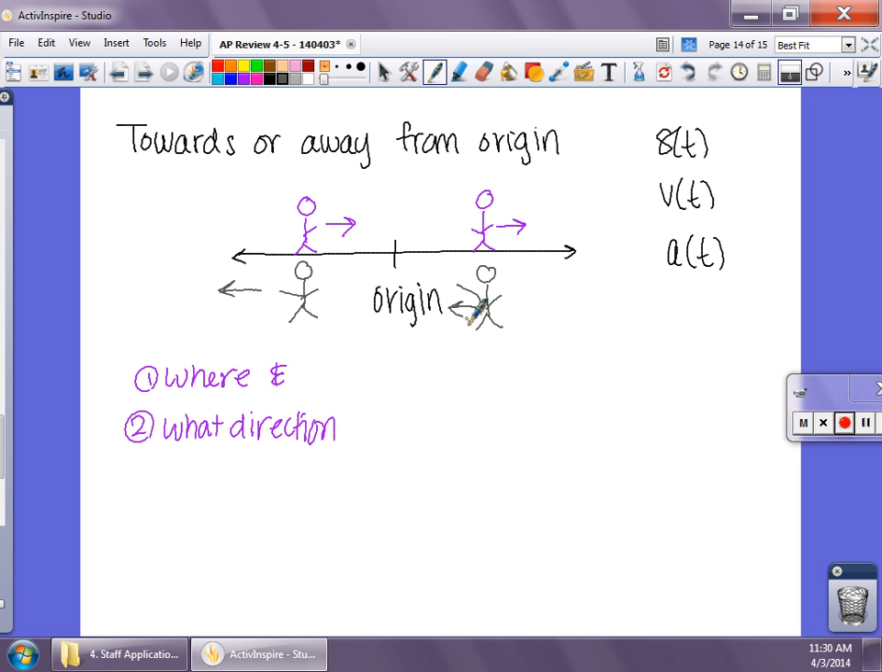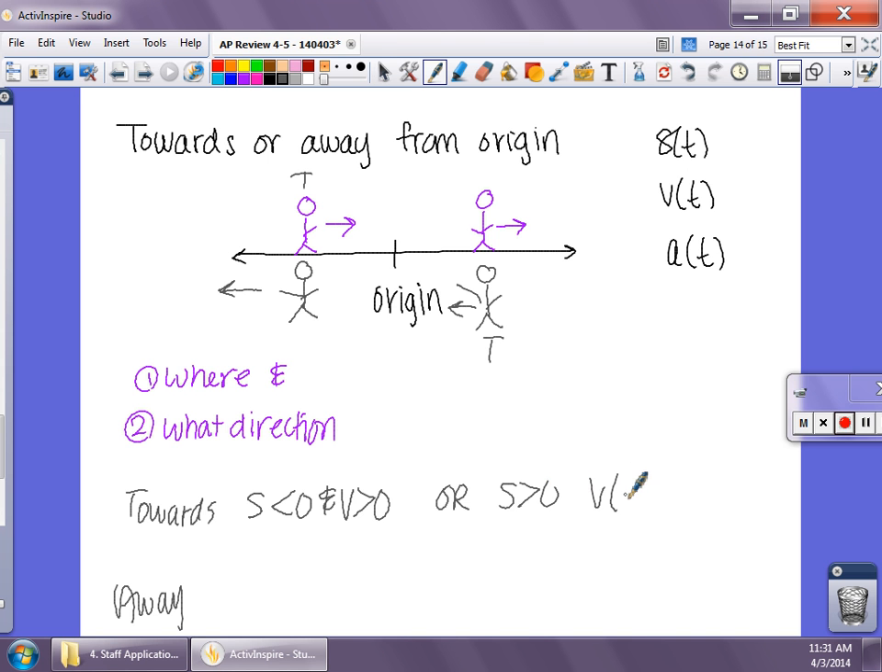And if you want to go through all of your rules, you're more than welcome to. If you go towards versus away, what do you notice? For towards, that would be this guy here and this guy here. So my position was negative, and my velocity was positive. That's one way. Or my position is positive, velocity is negative. What do you notice about your signs? So what do you think is going to happen here? Towards, that was away, so